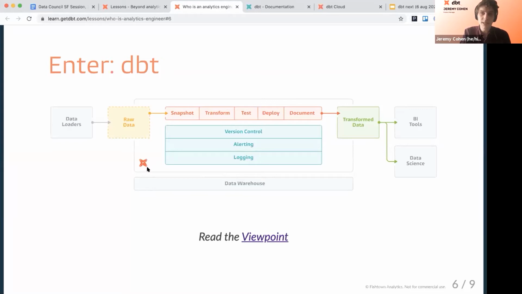Our vision for DBT is that it is a piece of open source software that encapsulates this workflow, underpins it, and is reinformed by it. So as we get better at thinking about how to snapshot slowly changing dimensions within the warehouse, we feed that better back into DBT. And indeed, members of the community, a couple of whom are on this call right now, have been so kind as to contribute it back because we sit on each other's shoulders as well as the shoulders of a supercomputer. So the ability to capture hard deletes in snapshots has long been a conversation in the community, fed back into pull requests and into code.